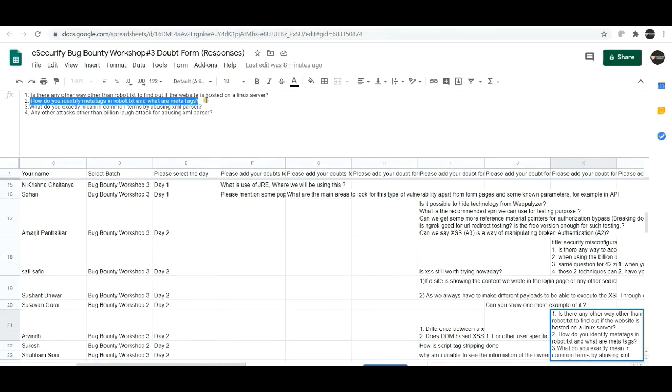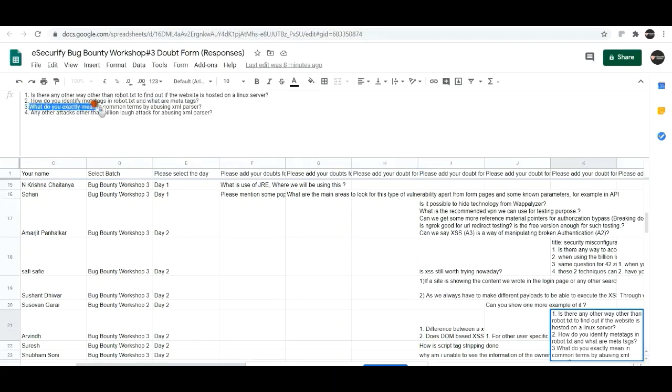So meta tags are used for that. As for how to identify meta tags in robots.txt, robots.txt is different, meta tags are different. Both can prevent the website or a web page from indexing on the different search engines.